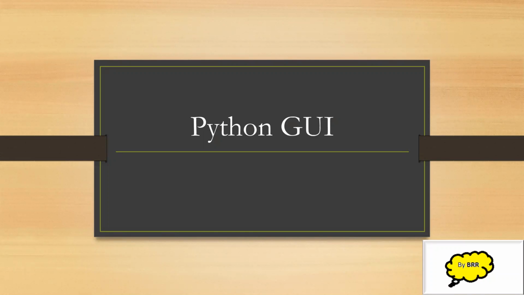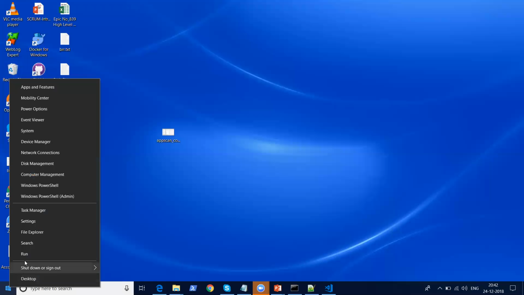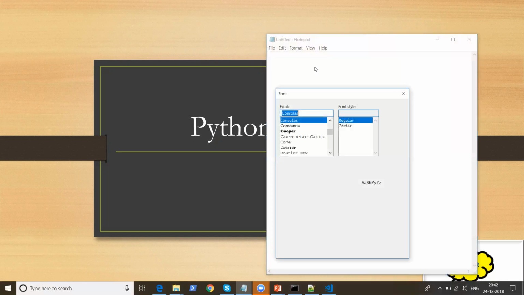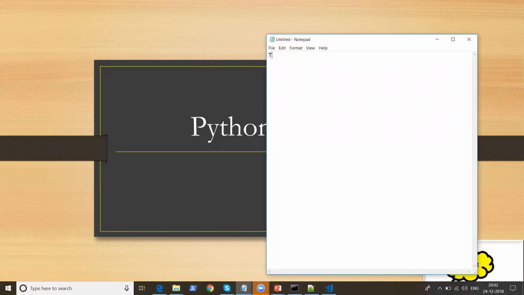We have a library called tkinter. This is the library we have in Python. This tkinter is nothing but a Tk interface. We'll talk about this framework. Tkinter is the framework we are going to use for GUI programs in